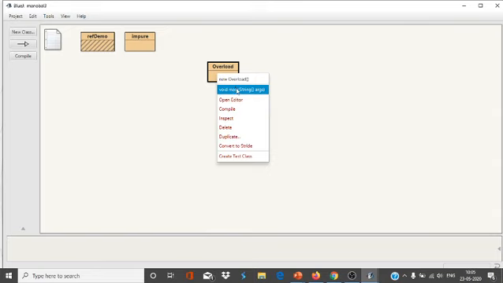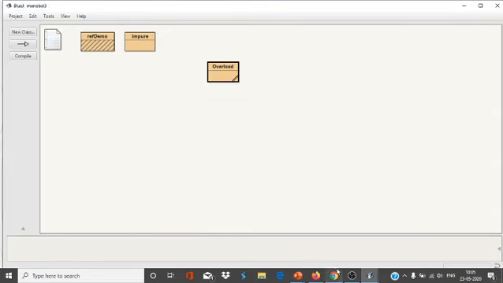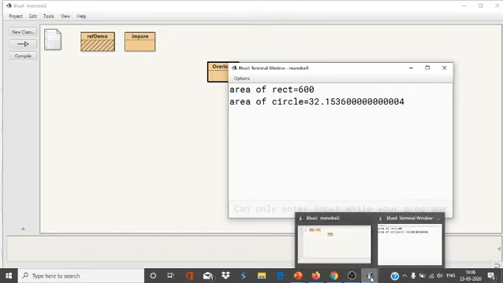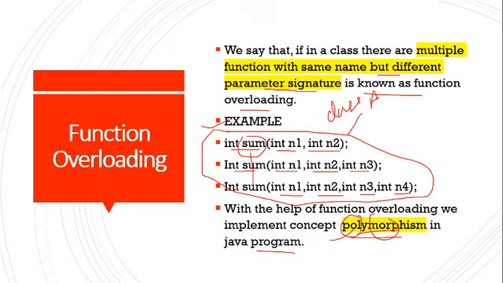Right click, run void main, and you will get the output. Area of the rectangle 600, area of circle. So with the help of function overloading, we can write multiple functions with the same name in the same class for executing different programs. Okay, students.